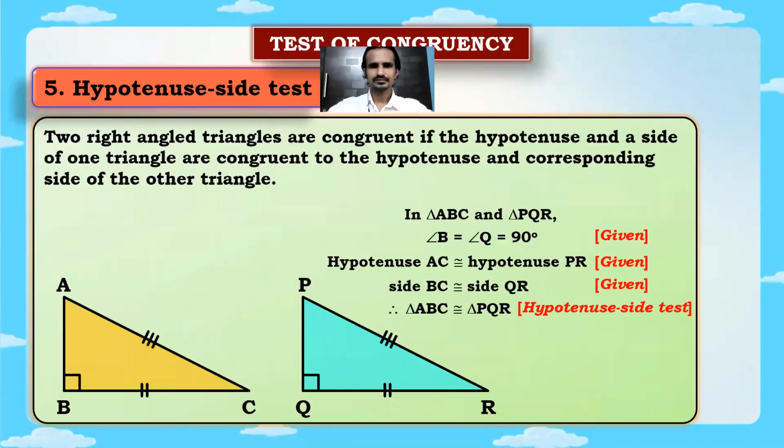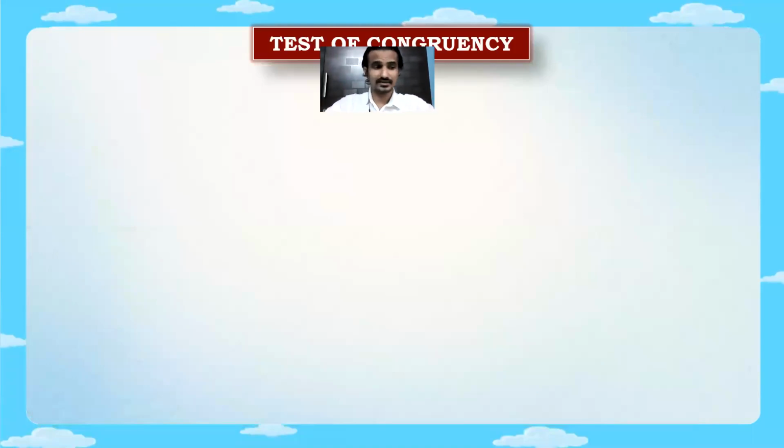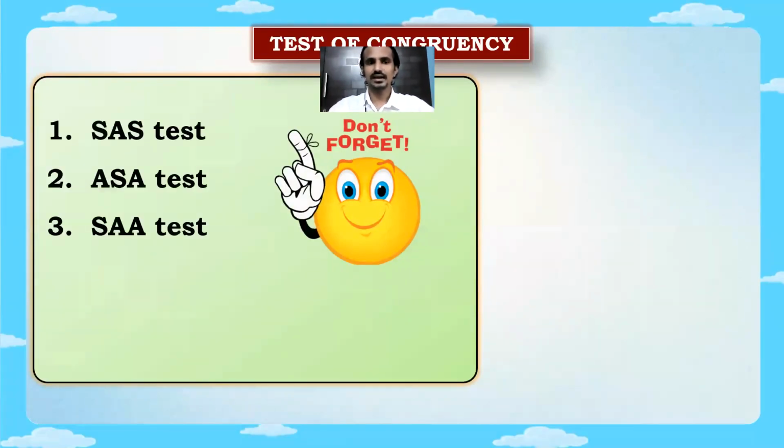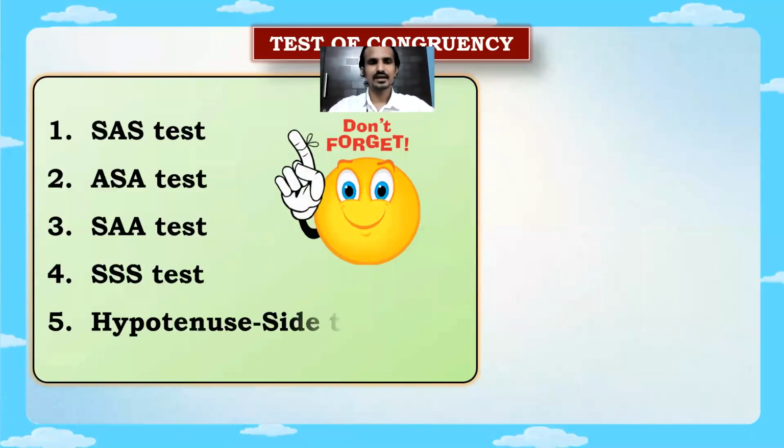All right, Kevin. Okay. तो चलो अपना 5 tests अभी याद रखना. We have only 5 tests, and you cannot take any other test other than this. So what are the tests? SAS, ASA, SAA, SSS, and hypotenuse side test. Okay. Now what I want you to do is just quickly write down the 5 names in your notebook. Write down these 5 names. Tests of congruency. Write down these 5 names because we are going to refer to them one by one. Just note down these names, all of you, in your notebook.